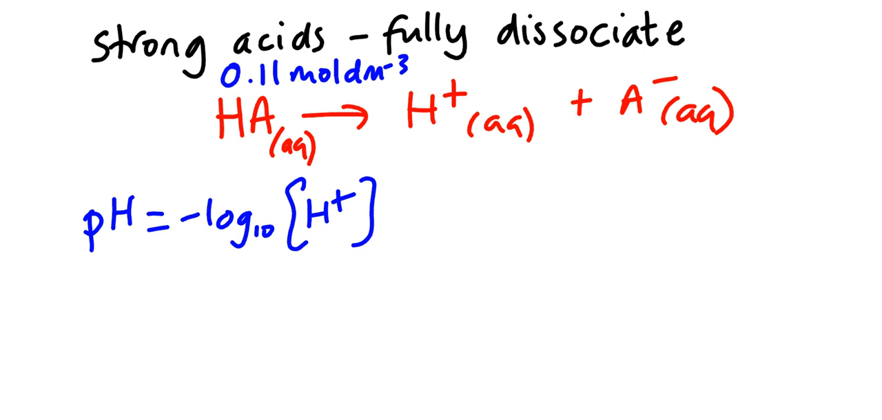Now, because we're dealing with a strong acid, that means that that acid entirely dissociates. So if we start with 0.11 moles of strong acid, we're going to end up with 0.11 moles per decimeter cubed of H+ ions. So the value in the question for a monoprotic acid is going to tell us what the concentration of the H+ ions is. Now, if we had an acid like sulfuric acid,